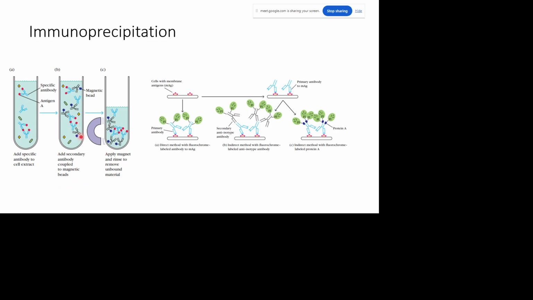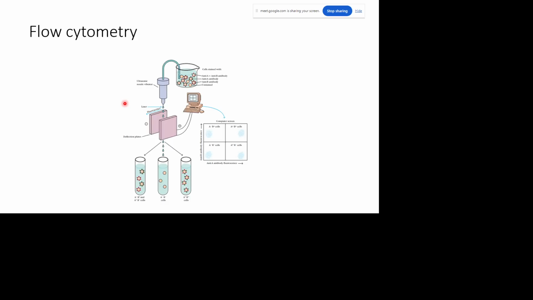So after that you can apply the magnet and the rinses to remove the unbound material. So you will be left only with the antigens which are bound to this antibody, right? So that's how you can purify or precipitate only this red protein from the entire cell lysate. This is called immunoprecipitation. And flow cytometry, for this, suppose you have